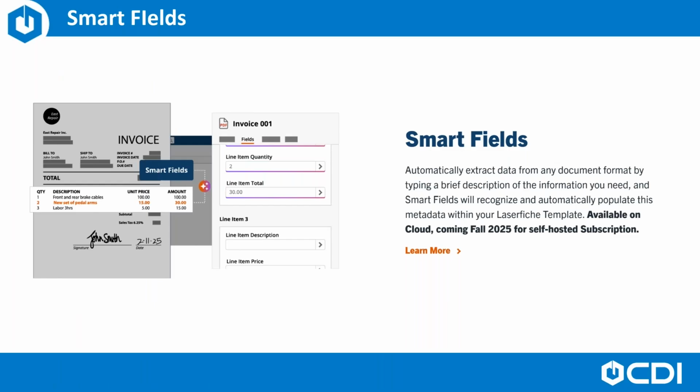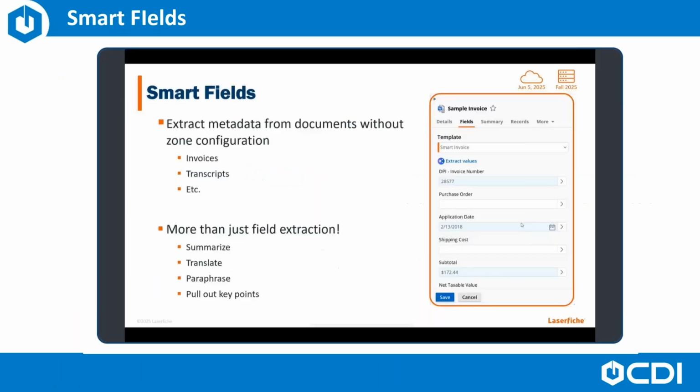Smart Fields really does position the application to revolutionize data capture by employing advanced optical character recognition and ICR, handwriting recognition, and machine learning to intelligently extract and validate critical information directly from documents. That whole structuring unstructured documents and their data idea. This powerful feature eliminates the time-consuming and error-prone process of manual data entry, immediately improving data quality and accelerating business